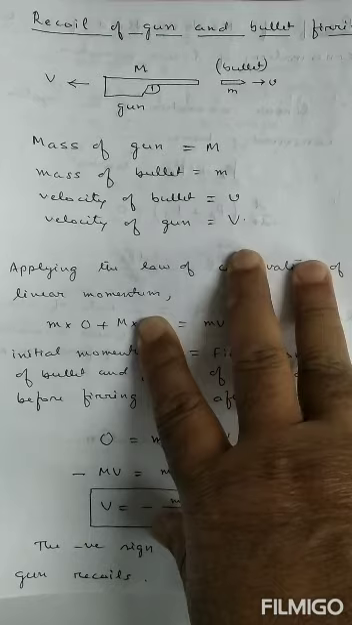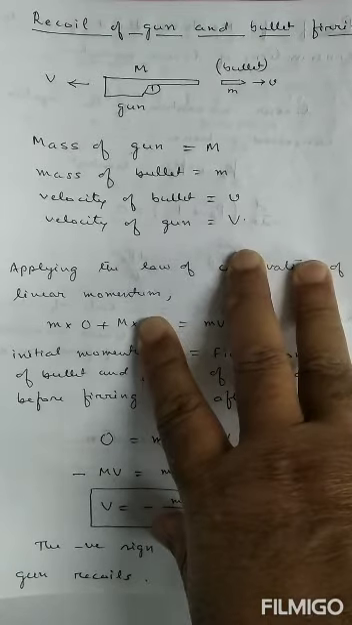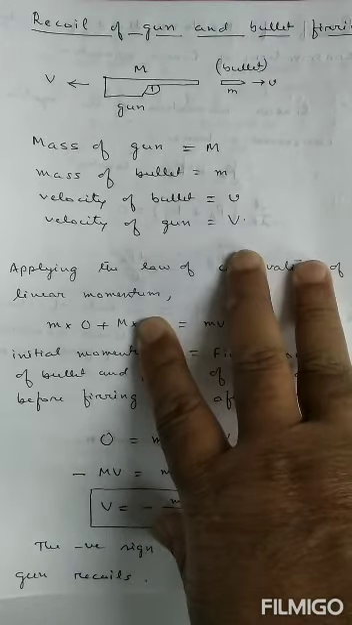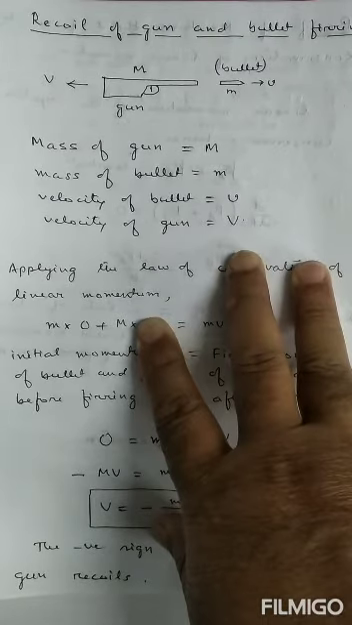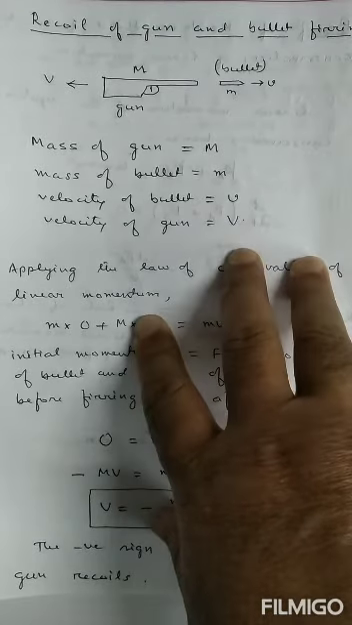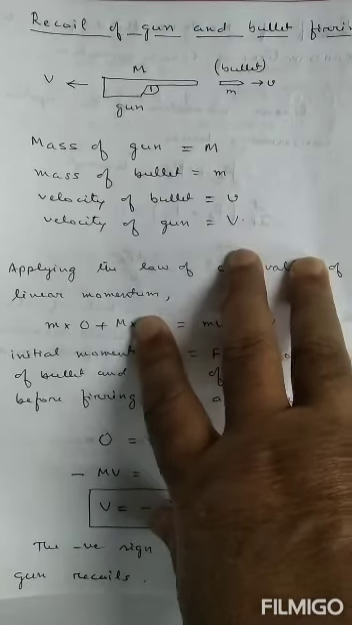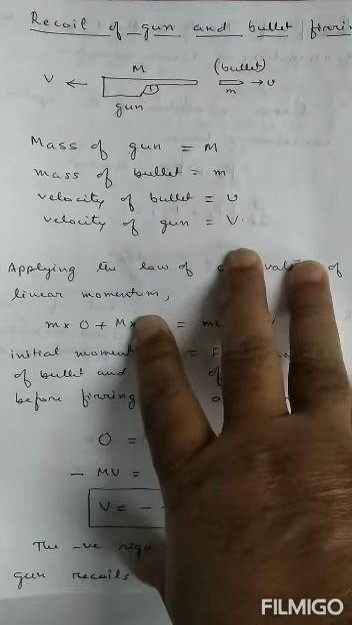The law states that in an isolated system, that is, in absence of external force, the total linear momentum of the system remains constant. Okay? By using that theorem,